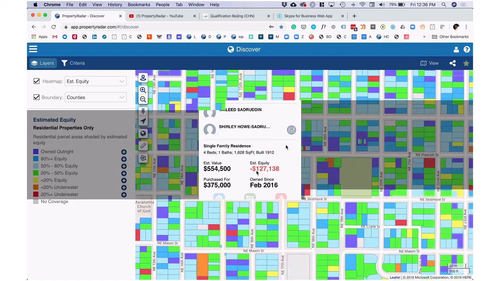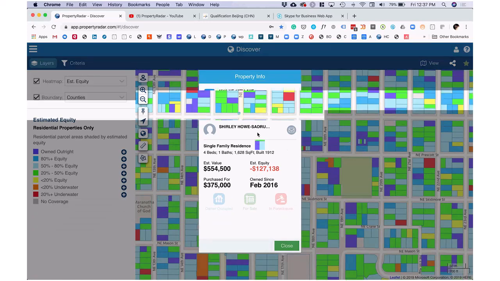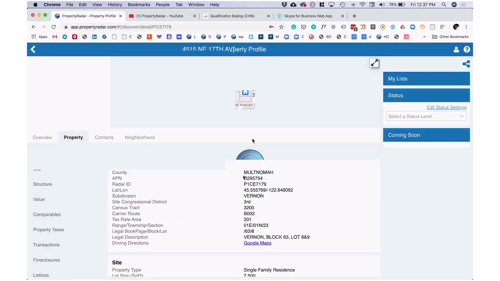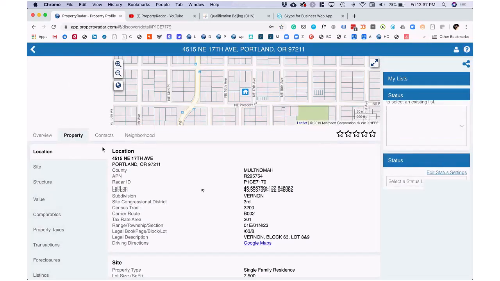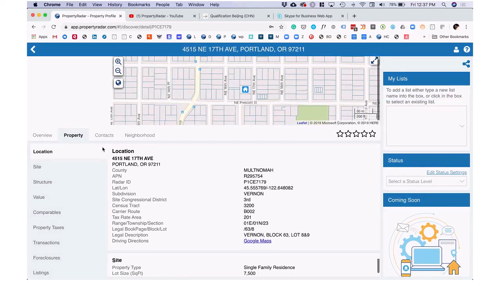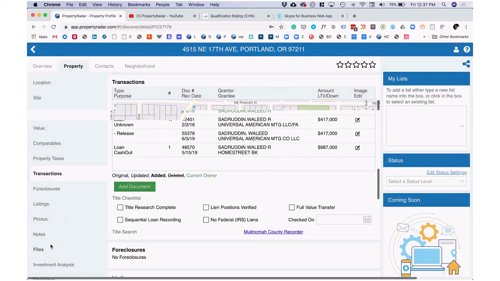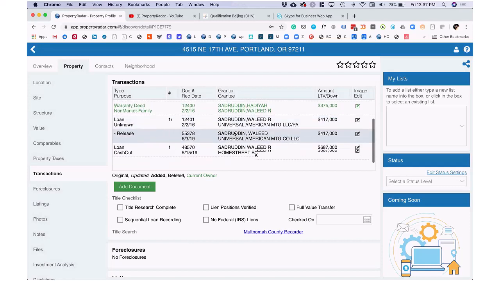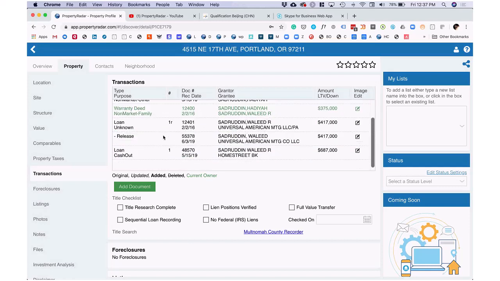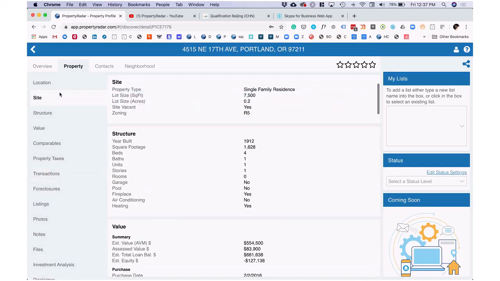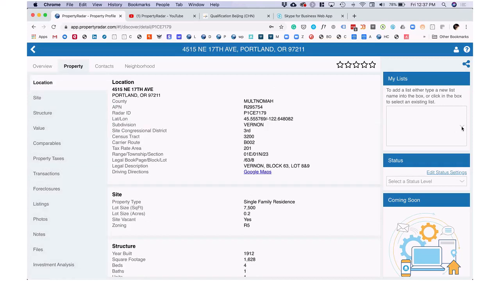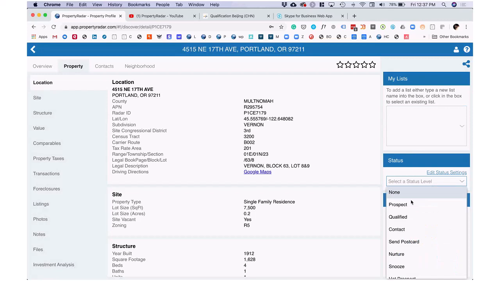So there are 127 underwater. Maybe come in, get some information, take some pictures about it, look at my recent transactions, understand a little bit about what went on with this property, get all the details I need, and then add that to a list, or put that into a, hey, that's a prospect.